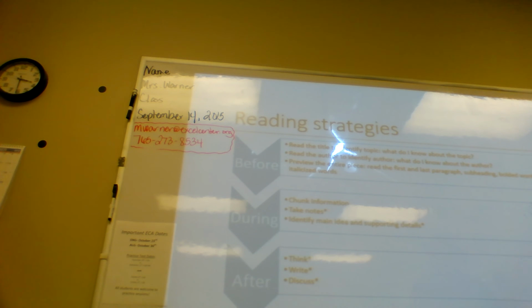So if you start to build your own connections, you may not necessarily remember that it's the Tigris and the Euphrates, but when you get a question that asks you about the land between what? Two rivers, and you have options, you're going to look at the options that are most closely connected. And then you're going to go back to that first paragraph because you've now mentally and kinesthetically made an attachment with it. So you're going to have it in your head for a very long time where the information is.